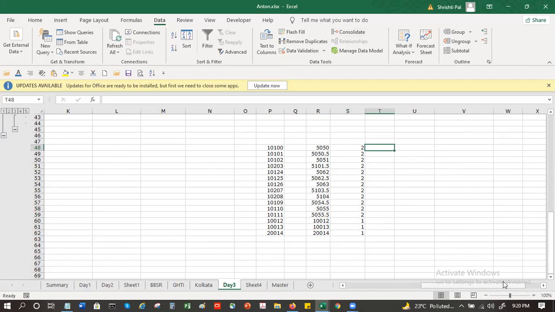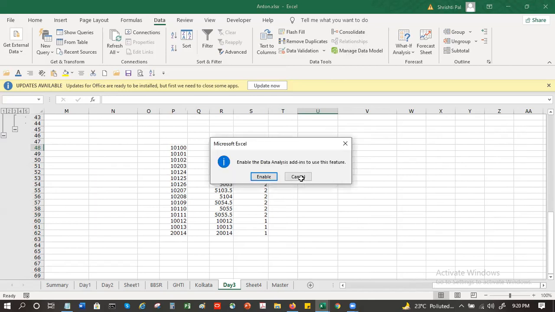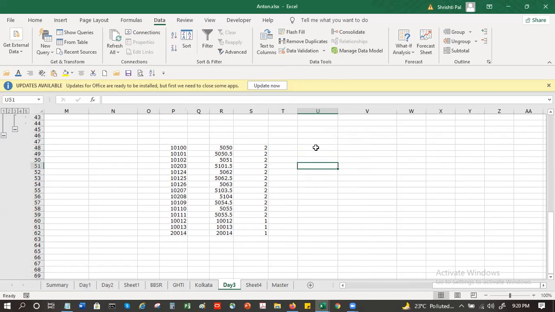And there is something called data model. What data model does is, I'll come to the data model. Before that, let me just